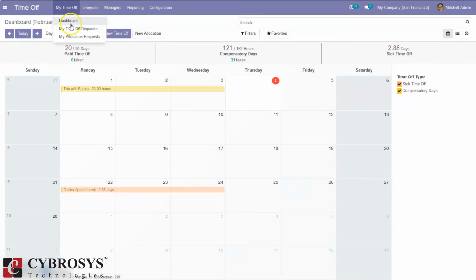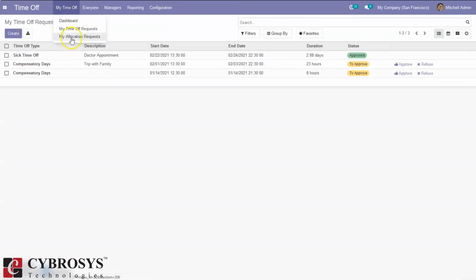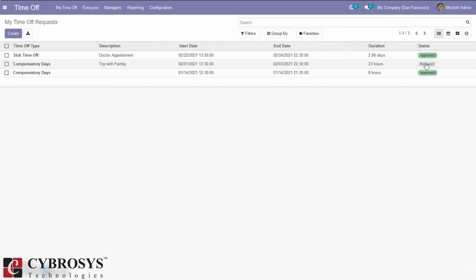Then here we can also view, that is the user can view my time off requests, user's time off requests, and allocation requests. Here you can see time off requests to approve and approved time off requests, and here you can see two requests need to be approved, and when you click on approve, okay, this one is approved. It's also possible to refuse the time off request.